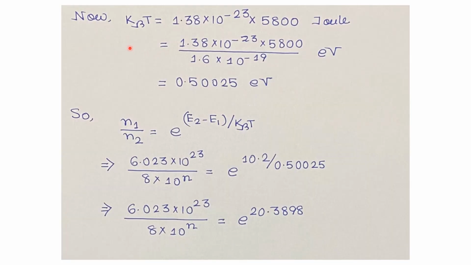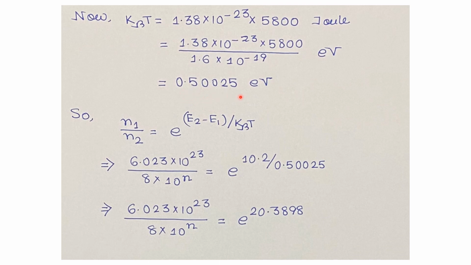Now we will find the thermal energy value at the temperature T equals 5800 Kelvin in electron volt. So kBT equals 1.38 times 10 to the power minus 23, that is the value of Boltzmann constant, times 5800 Kelvin, and the unit of the energy will be joule here. To convert it into electron volt, we have to divide it by the electronic charge, that is 1.6 times 10 to the power minus 19. So this kBT value in electron volt will be